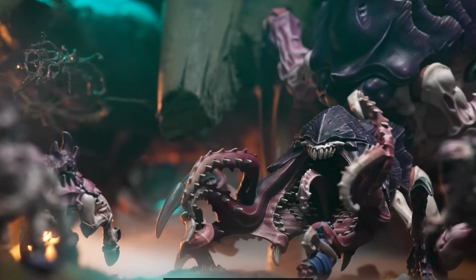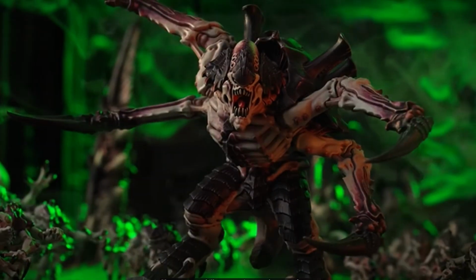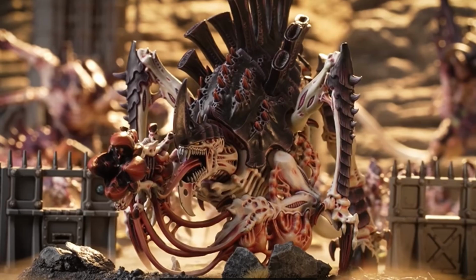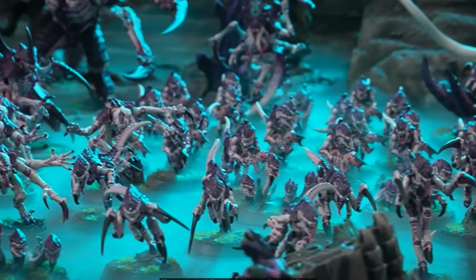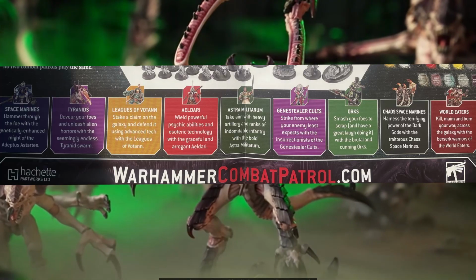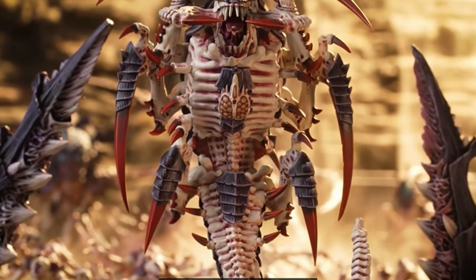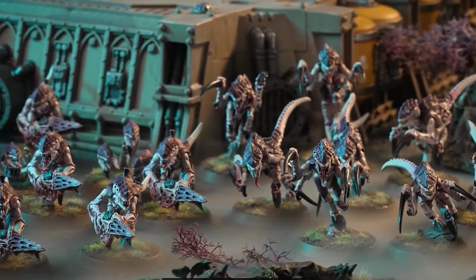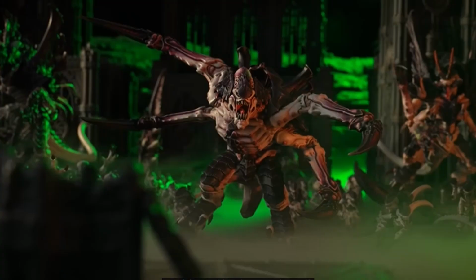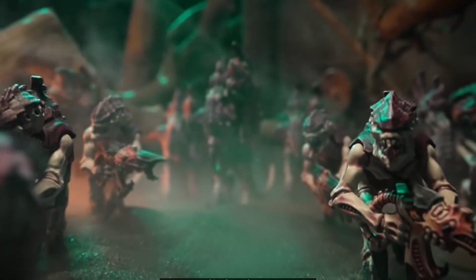So a map of the galaxy would have been amazing for an introduction to the Warhammer setting through the Combat Patrol magazines. On top of that, though, I think this subscription really helps when it comes to showing off the universe, especially because the wide range of units and factions available through a subscription helps to flesh out the universe. So even though there isn't a map present, this does help in getting people acquainted with the universe and the setting, because you can see all the factions you'll get,